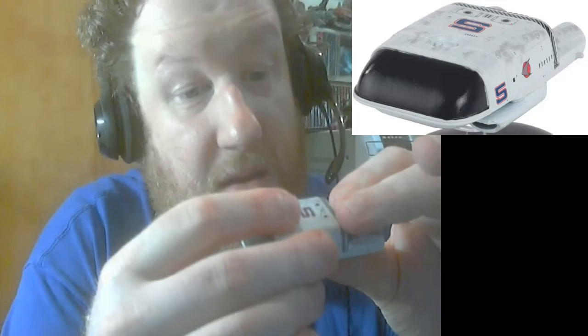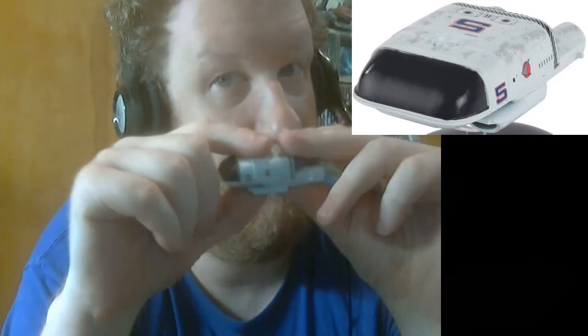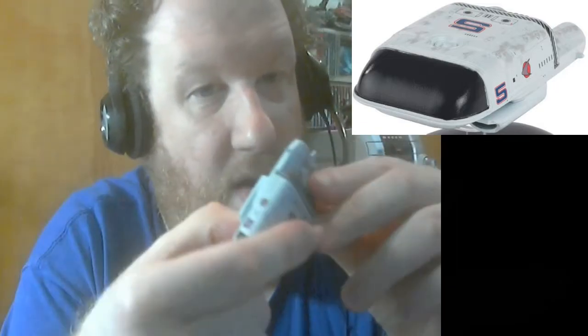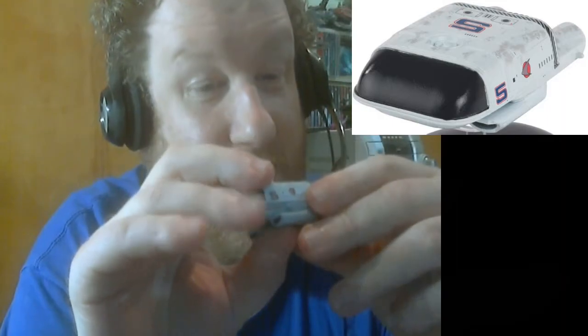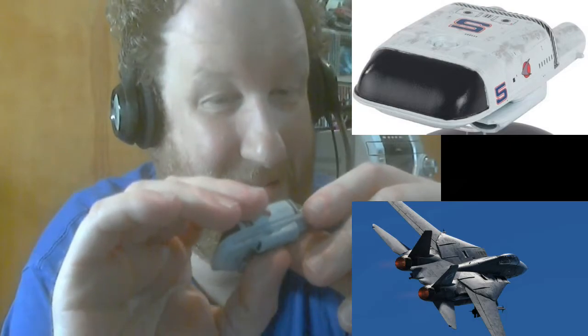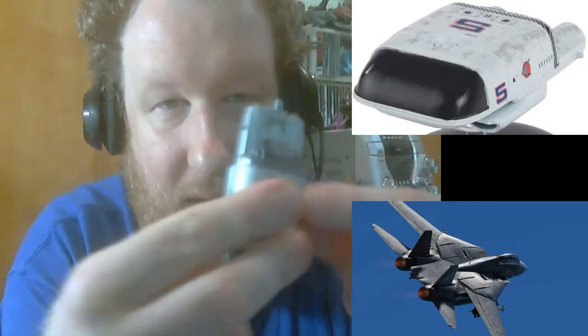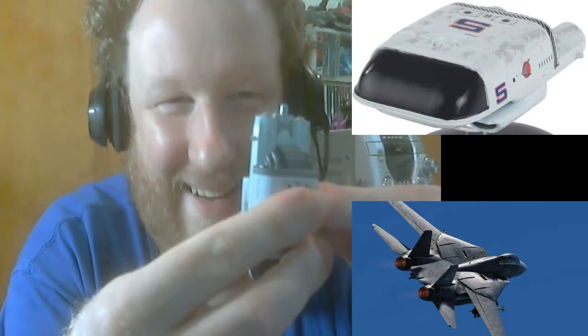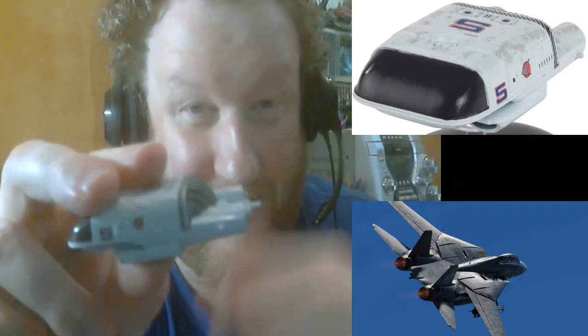Now not this replica, but the original filming model. I think the back half was taken from an F-14 Tomcat. Doesn't really matter which variation. The point is, I think the back half, the engine housings, whatever, I think they're taken from an F-14 Tomcat. And the reason I say that